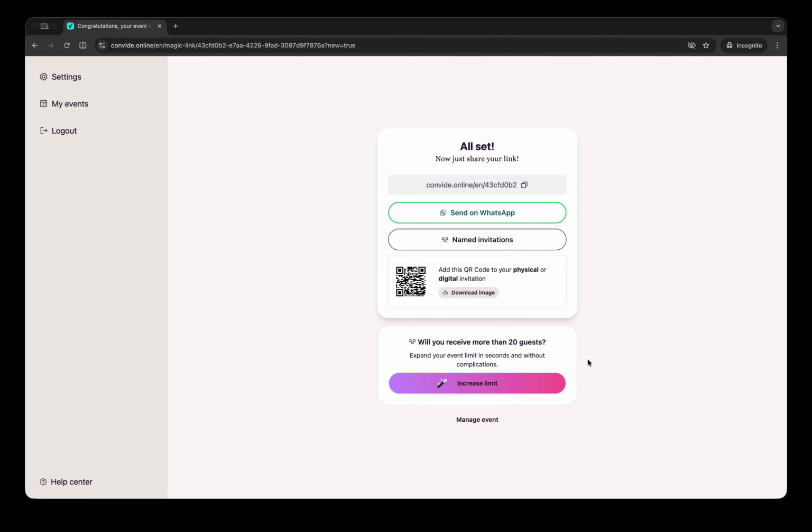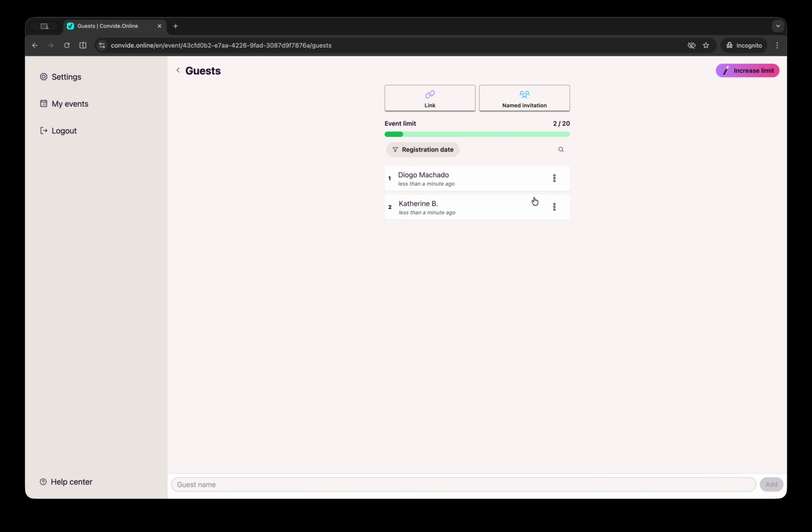And if you click to manage your event, you can see the details about the confirmations, like when your guest confirmed, for example, less than a minute ago.